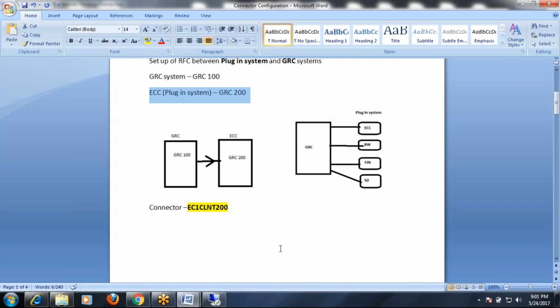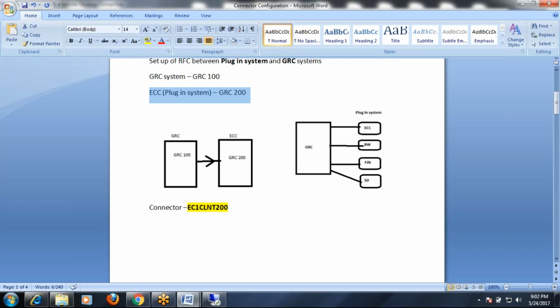Yes, that is the concern. Third, in the 100 client only we are executing SM59. We are setting up this ABAP connection in 100, right? In GRC basically. Let us not say 100, let us say GRC. In GRC itself, we are specifying that